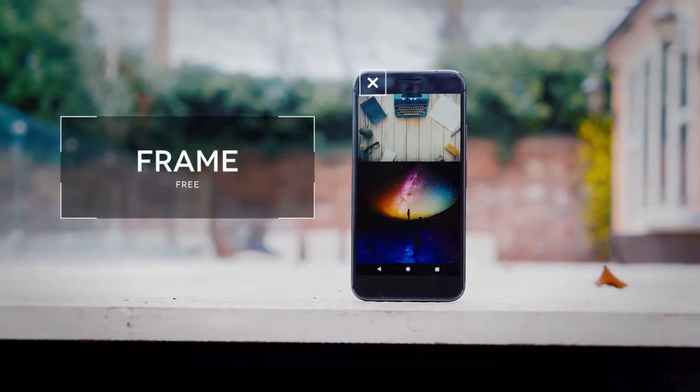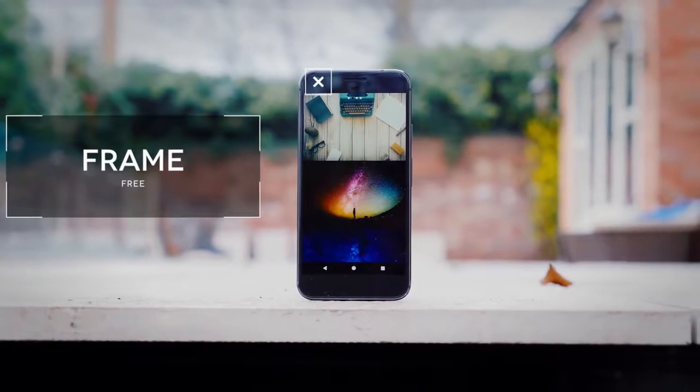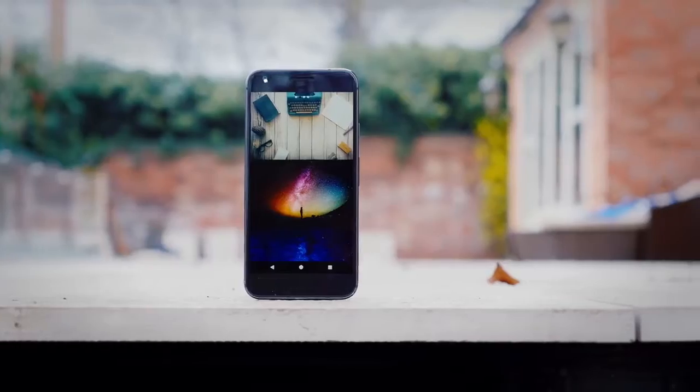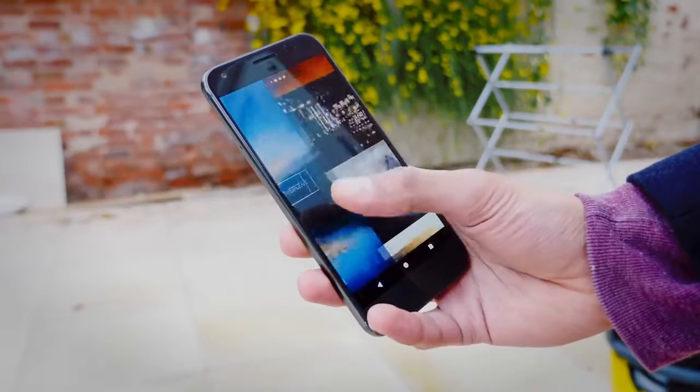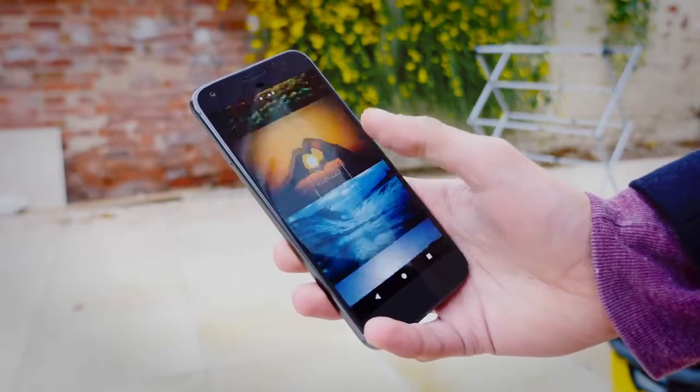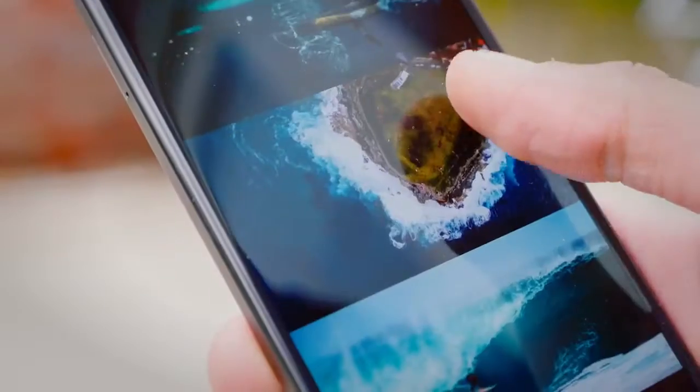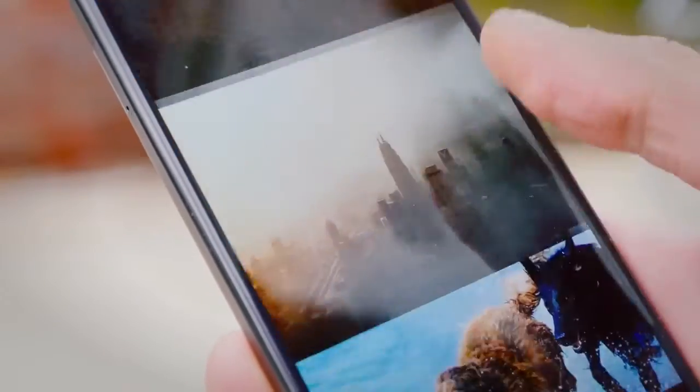So then we've got a wallpaper application called Frame, and the wallpapers here are genuinely really high quality. They've got a consistent theme of minimalism, of cleanliness, a bit of industrial design thrown in there, and the user interface is just beautiful. It's really easy to navigate, makes a lot of sense, and generally speaking all the wallpapers